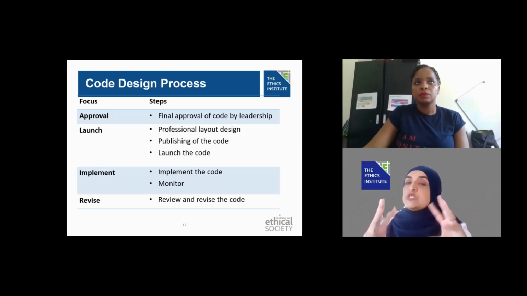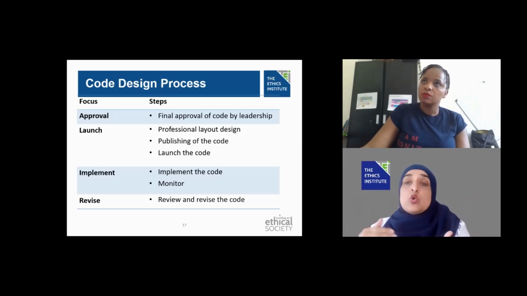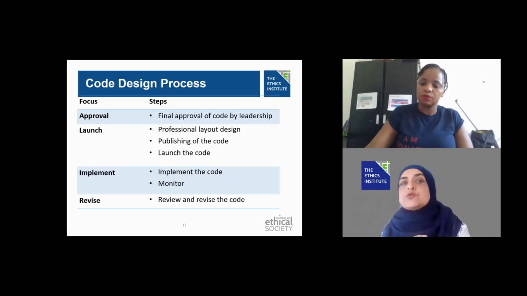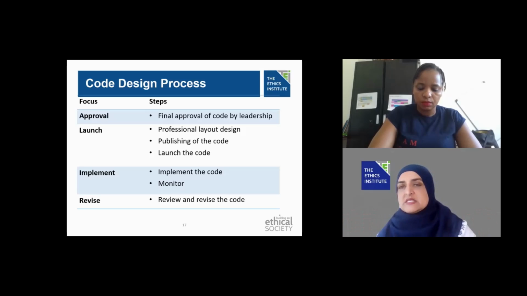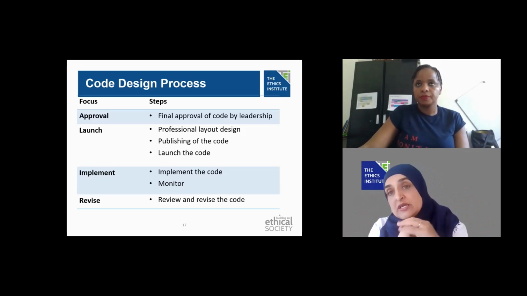So before you launch it, you need to make sure that it looks okay. And in this age of technology, you don't necessarily have to talk about always printing out documents. There could be other ways of doing it, but ensure that it looks good, that it's palatable to the eye, that it makes sense, that people are able to engage with it, and invest a little bit, if your company is able to, in publishing the code and having a milestone in launching the code, because it becomes an event, or something you can mark. We launched it on this date, so that if at any point in the future you go off and you review or you revise, you have a significant moment that you have appreciated in the history of your organization's ethics journey.